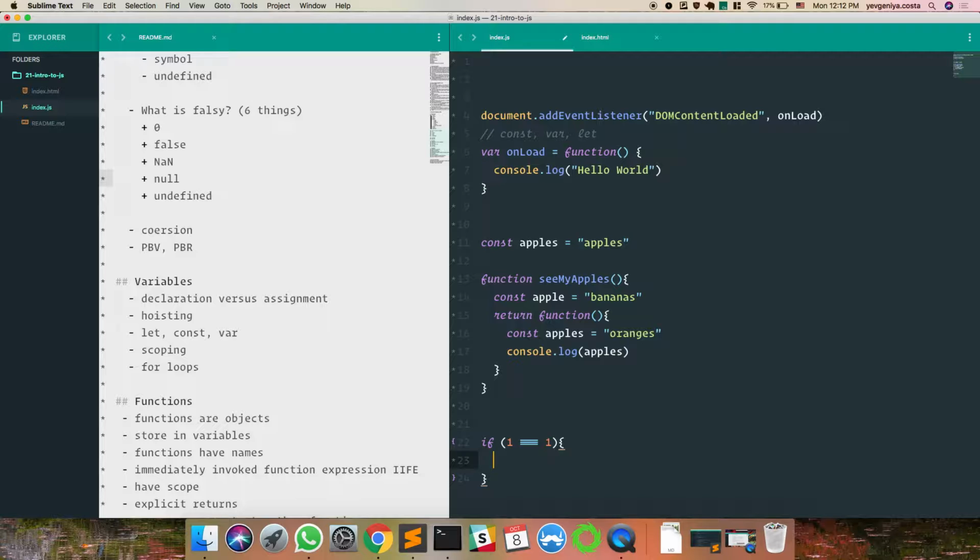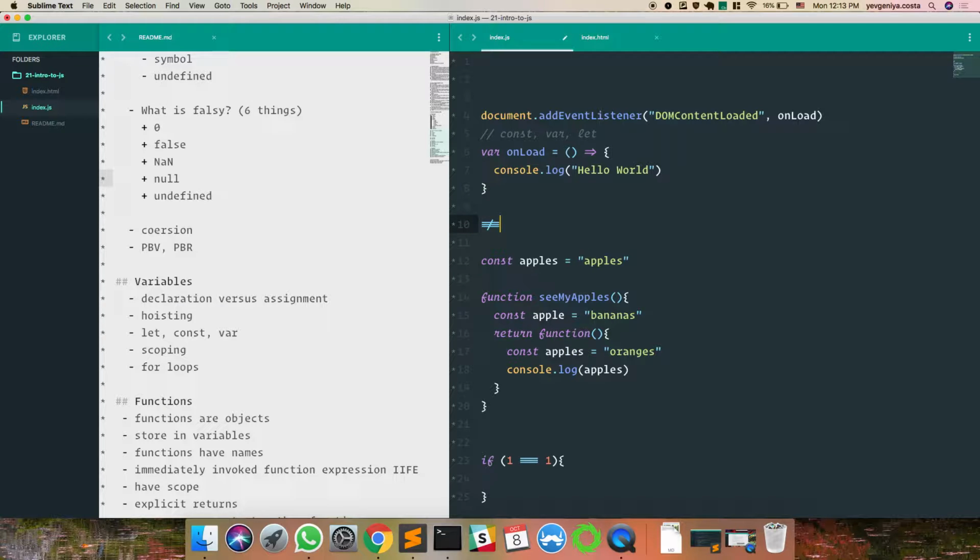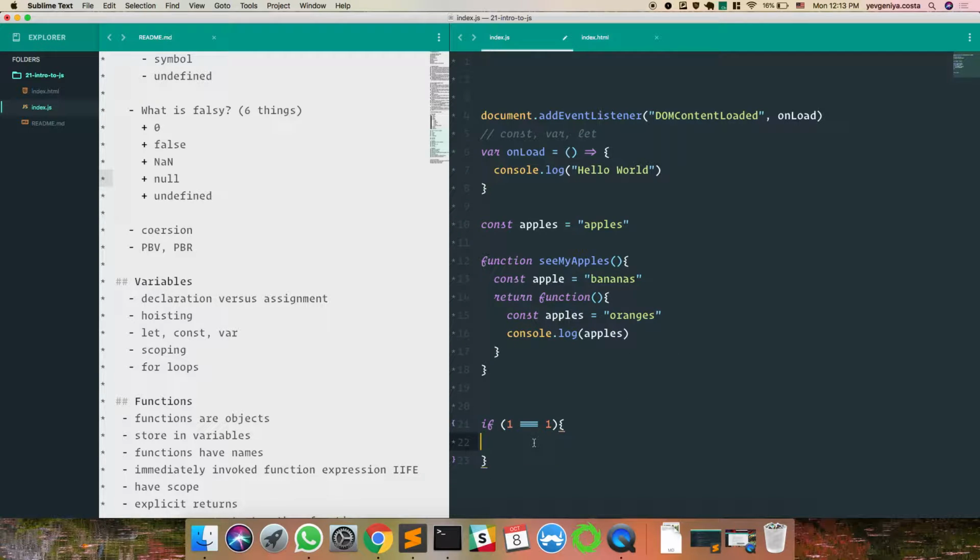This is a package. PSA announcement. This is a package called, or it's not a package, it's a font called Fira Code, where it does cool stuff, like turns arrows into arrows, and it does things like not equals. And if you look up Fira Code, you can get this in Atom, and it's really cool, and it makes things look pretty. So triple equals,